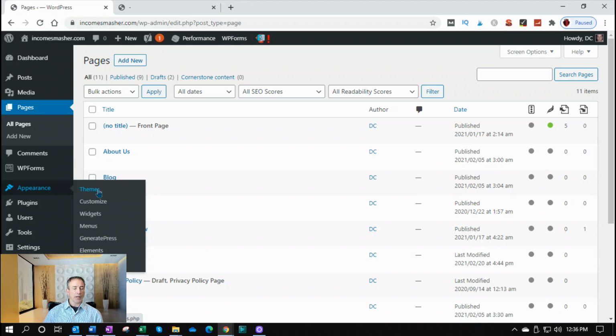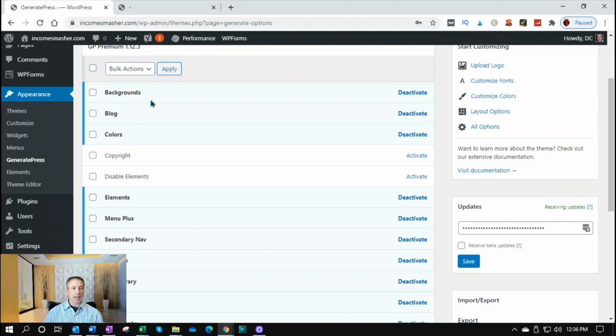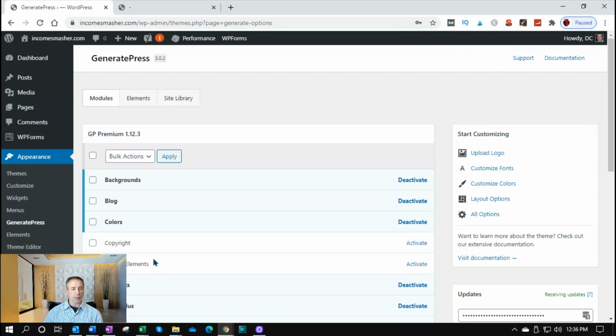If you go to appearance, here's my GeneratePress. So when I go into GeneratePress, this is the pro version, and I can add these different things to do in here. And so I added a bunch of them. And then if you go to customize,